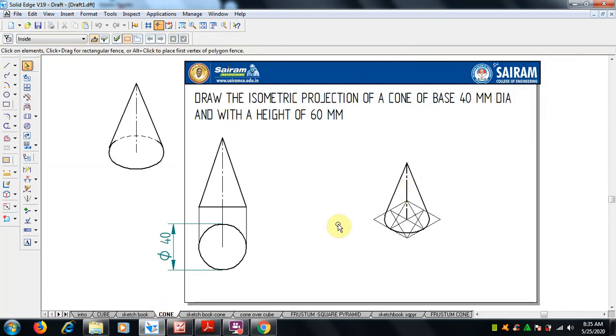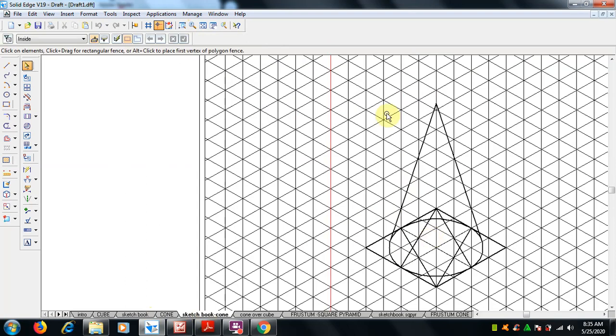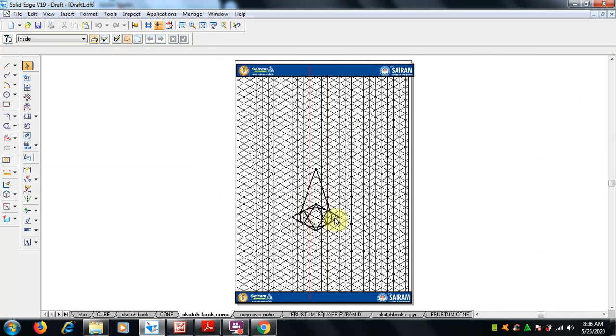So in this case, what we have done is we selected the entire cone and scaled it by 0.816. That is the isometric projection. But in your sketchbook, since it is already given as isometric, this is enough. Fine. If you want, you can delete the back portions, or you can use hidden lines.